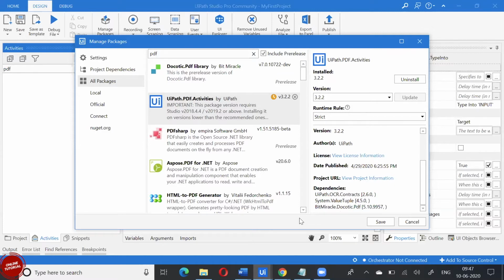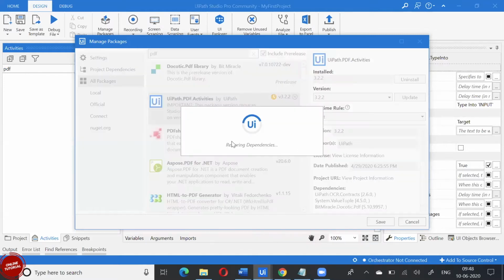Where does it get installed when we download it? Yeah, it will come now towards your activities. So this is a package. What if I go to the Play Store, right? You download it. That is what we are doing. We are downloading it. This will unzip the file on your machine under that respective folder, and you will get those ready-made activities here. Now, once I click on install, I'll click on save. You can see it has started downloading the files. It will unzip it and it will automatically get to you as the activities.